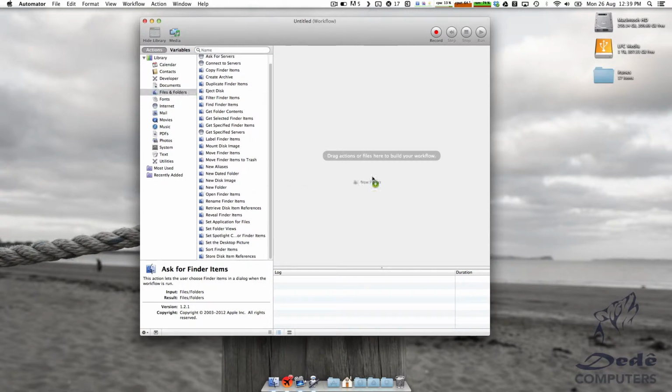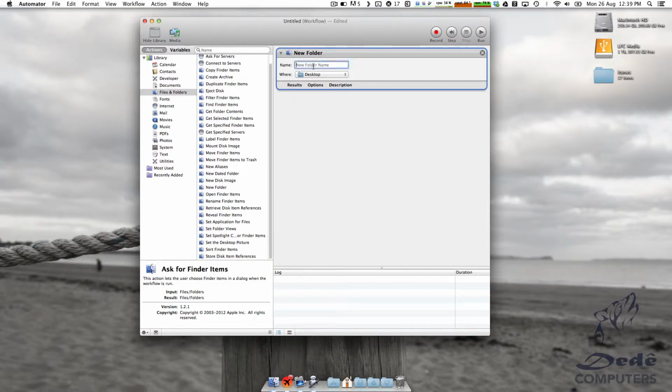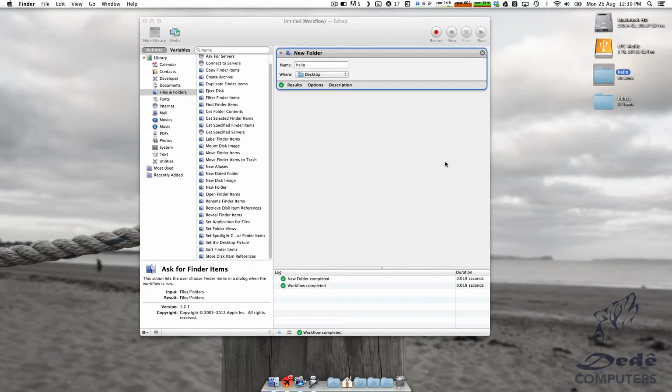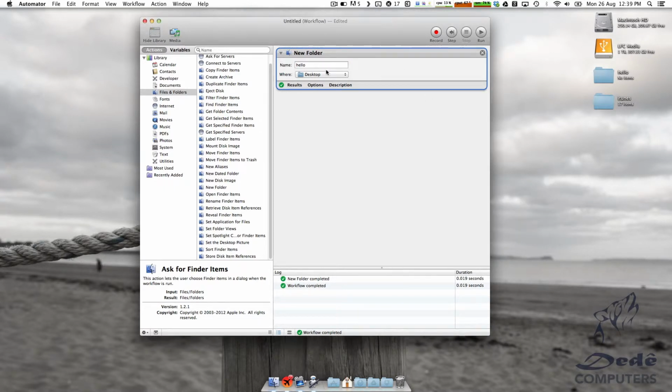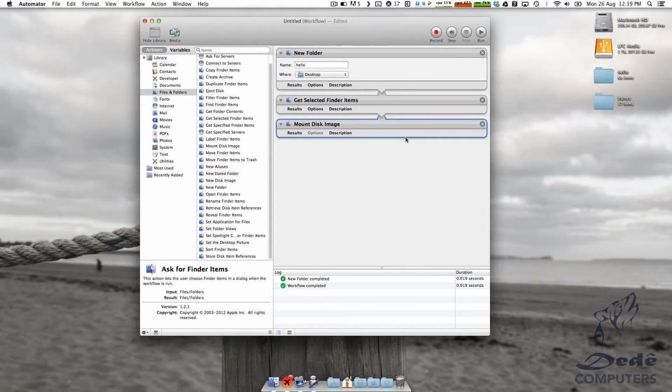So you see you can create new folders just by dragging and dropping, put the name in there. So let's say hello, create it in the desktop, we run it, and there we go, we've got it created on the desktop. So these are some basic things that you can do. Of course, this isn't really automation there, you can just right click new folder, but this is just an example of a chain of things that you can do, because right after this you can go in and you can, let's say, just put in more things like that, and that just runs one thing after the other,